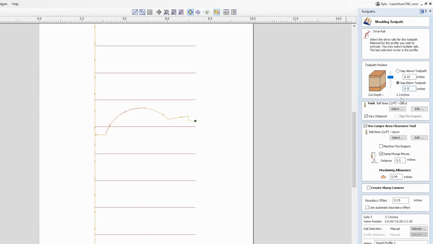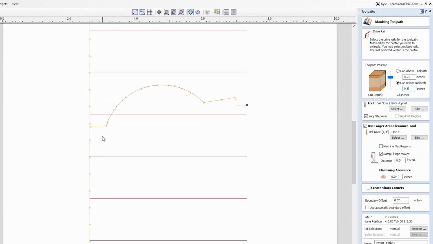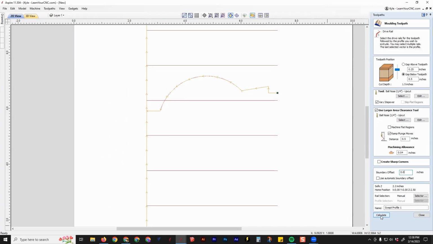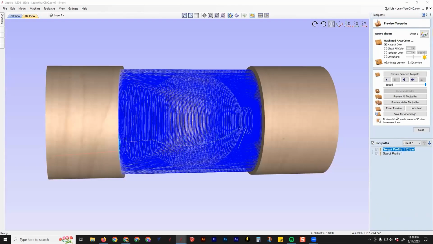You can see now the cut depth is 1.5 inches because we took a 1/2 inch off the bottom of the shape. So now the height of the shape is 1.5, and then we're going to have an additional 1/2 inch gap below that, which would leave us with a total of 2 inches, just like we had before. If we leave all the other settings the same, the other thing you want to take notice is this boundary offset. It'd be good to leave it at 0 for this, so it does not go past these edges of the lines there. So now we'll click calculate,